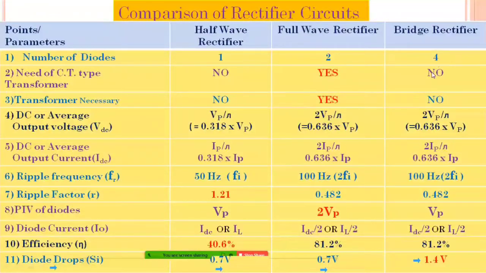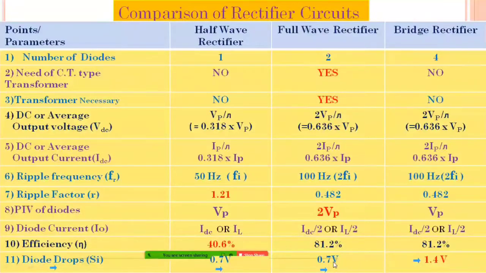It has only one drawback. The drop of voltage across diodes is double that of the drop of voltage across the diode in the full wave rectifier. Therefore, whenever we think about rectification of a very small AC voltage, we cannot use a bridge rectifier because the loss of 1.4 volts from a small value of voltage will be major.